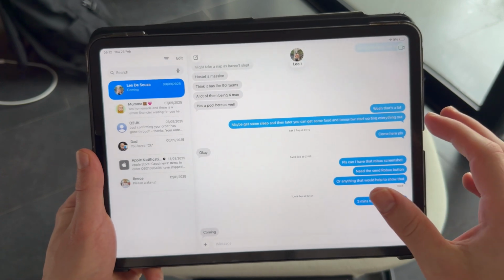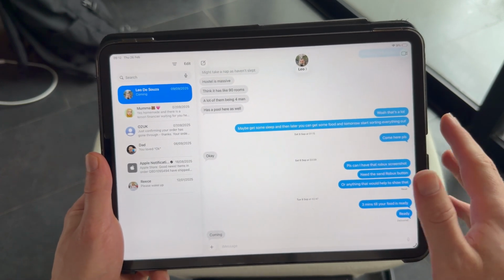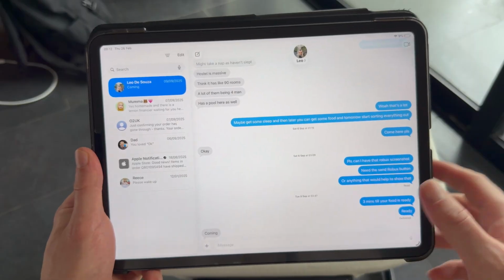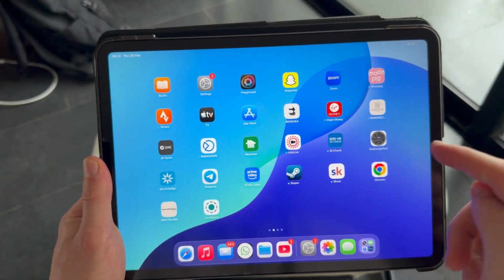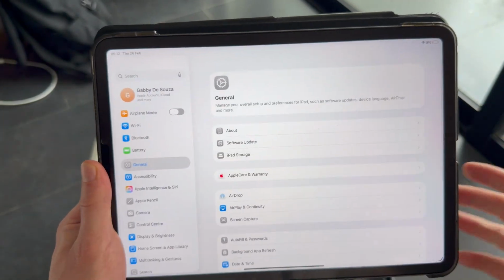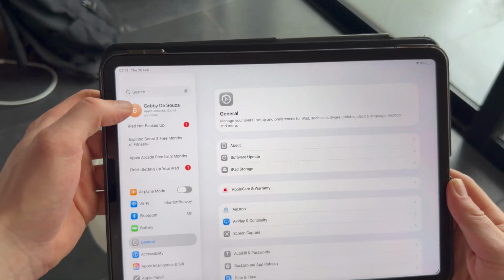In this video, I'm going to show you how to use iMessage on your iPad. Now, it's really easy to do, so let's go and jump straight into it. Now, the first step is you need to go and load up the settings on your iPad and click on